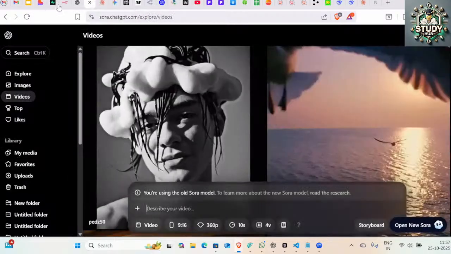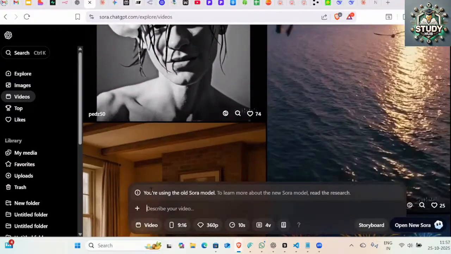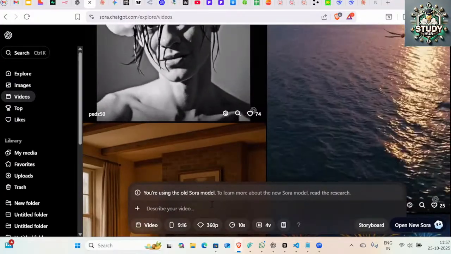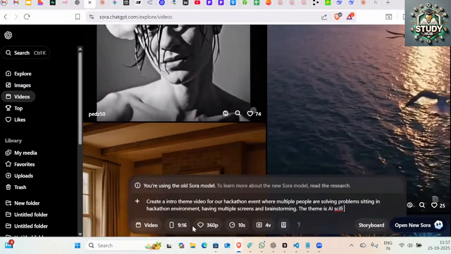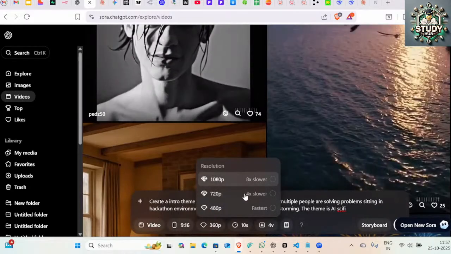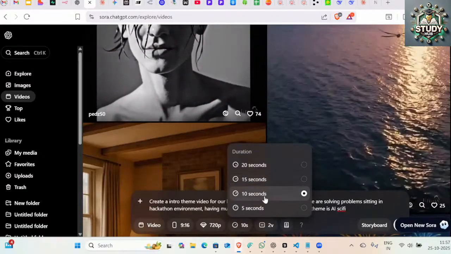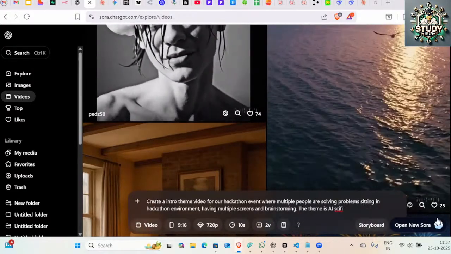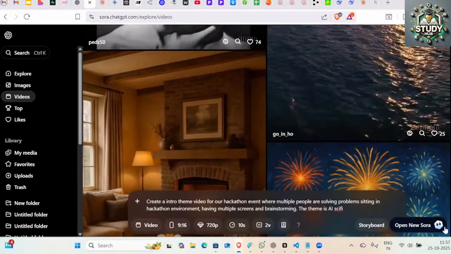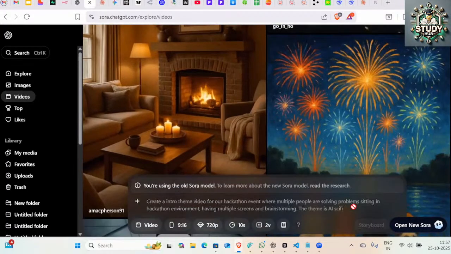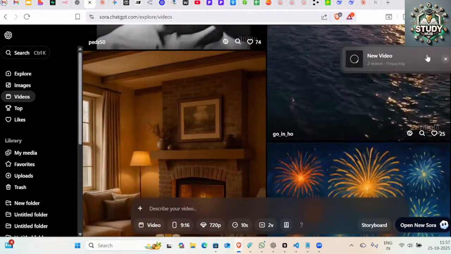Since Sora 2 is not available in India, right? So you can just use the old Sora model only in India. Sora 2 is yet to come within India, if you're not using any VPN, right? So I can select my pixels, right? 720p, it will be much slower, right? Let me do that. The duration 10 seconds, 15 seconds, and you can just hit your input, right? So now I will just send this as an input, and the model will start making this video, right? So it is under process.